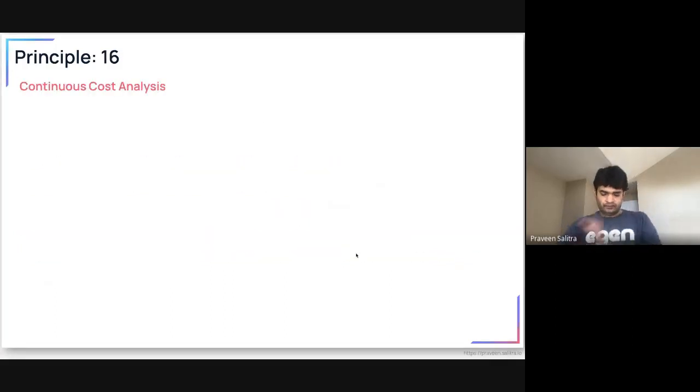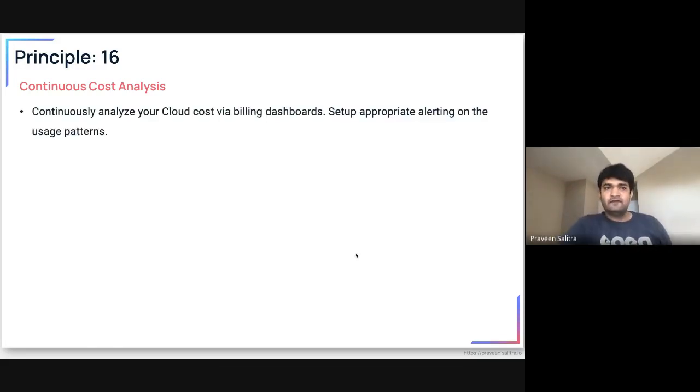Cool. The last one: you have grown to a larger scale, and now you have to worry about cost, because cloud providers can be costly. Of course they treat you as pay-per-use, but if you don't pay attention to the cost, then your credit card bill will be shooting to very high values every month. So pay attention to it if your platform is famous or if you are responsible for this kind of thing in an organization. Analyze your billing dashboards and set up appropriate alerts there if available.